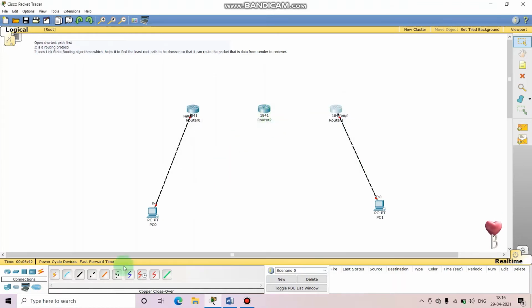Yeah, so let's use this serial DCE, or you can go with this also, but I'm going with this serial DCE connection.